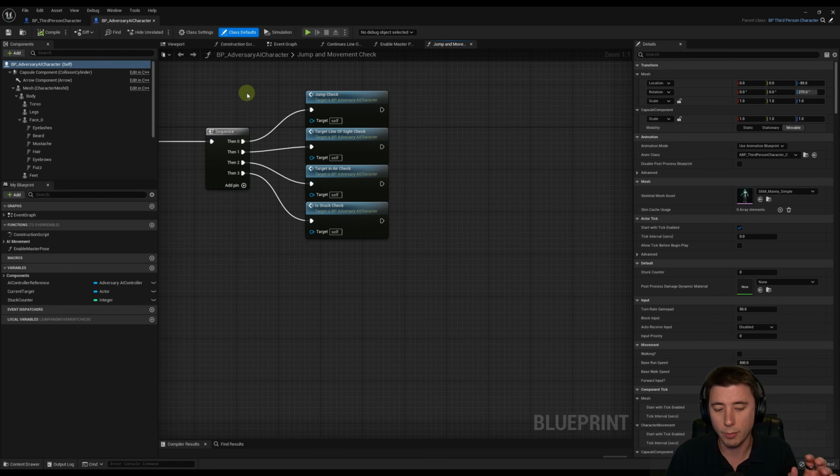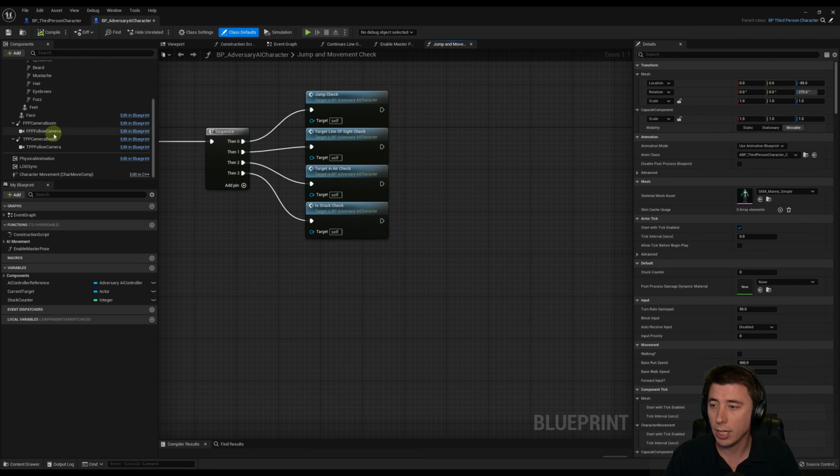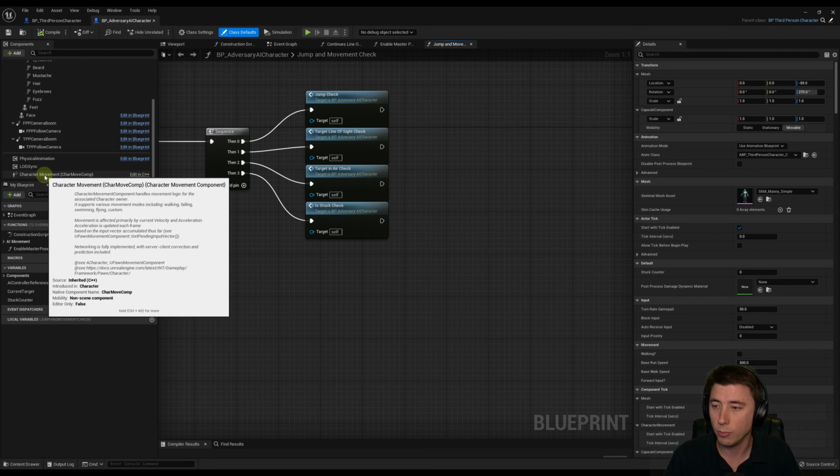But let me back up a minute, because when I was initially thinking about crouching, I was trying to think of, okay, we've got to come up with all these different variables, we've got to adjust our capsule component, we have to do all these things. But then I realized, oh wait, crouching is actually a standard part of the movement component that's available on every character in the game. So if we navigate over to our movement component, character movement here, and then